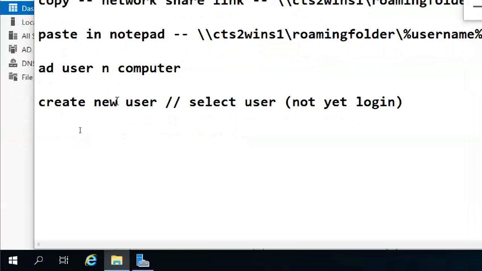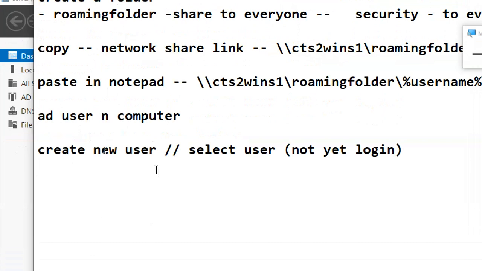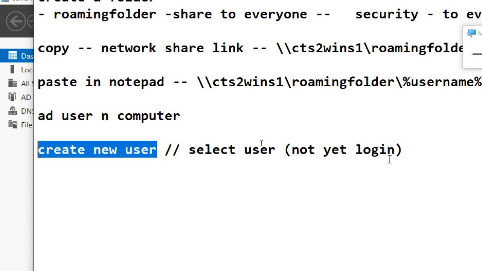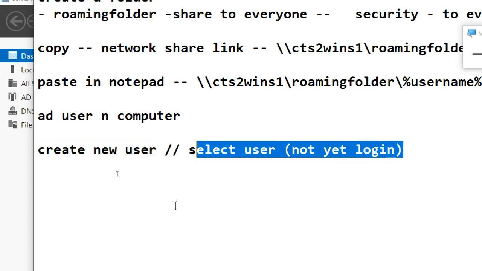Usually it will get confused with the local profile, because IT user 1 is already logged in and has a local profile. So he cannot become a roaming user. That's why either you create a new user or select a user who is not logged in.